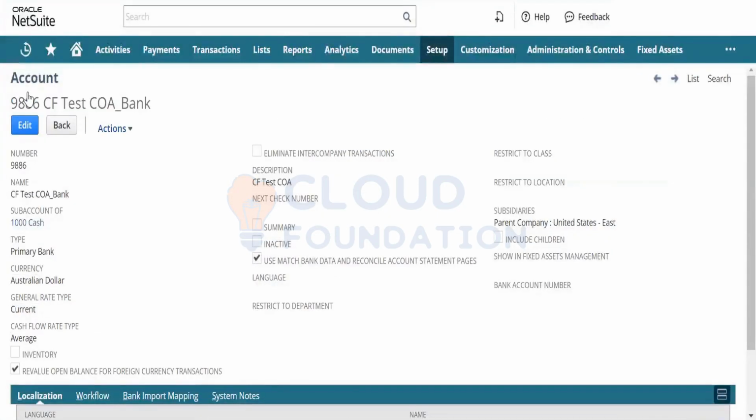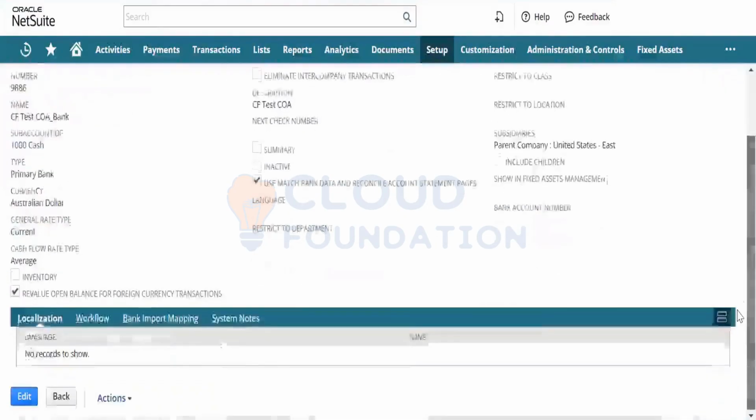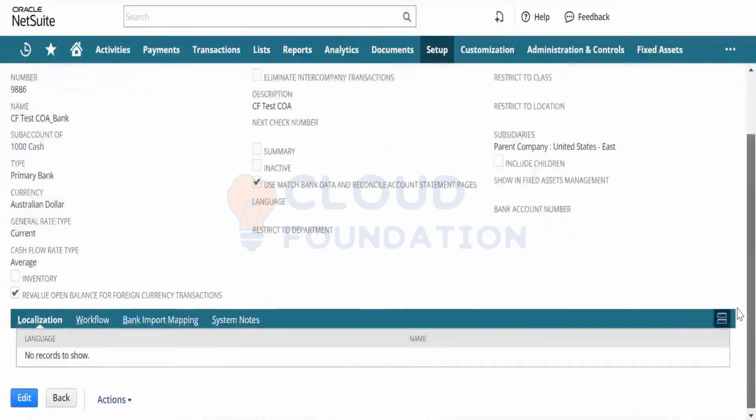If there are like 450 accounts, let us say all these are created through a CSV import. So you will have these fields in the CSV: number, name, sub-account type, currency, general rate type, cash flow rate type, eliminate intercompany transactions. All these will be fields on the chart of accounts. Whatever fields that you see here on the screen now will be available in that chart of accounts Excel sheet. You will have to map that and put in the entire 450 accounts in that particular sheet